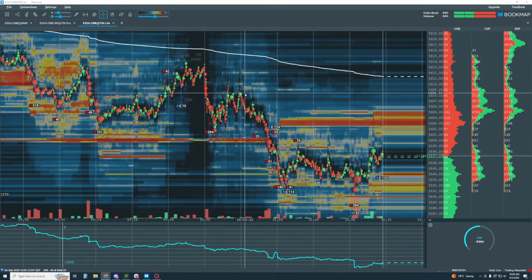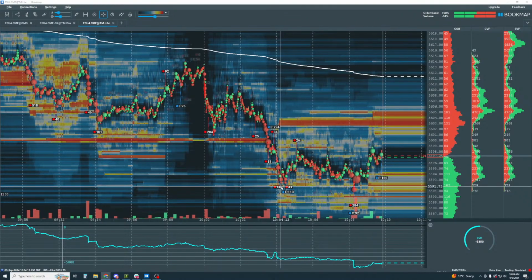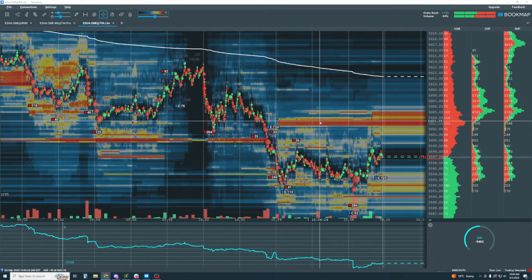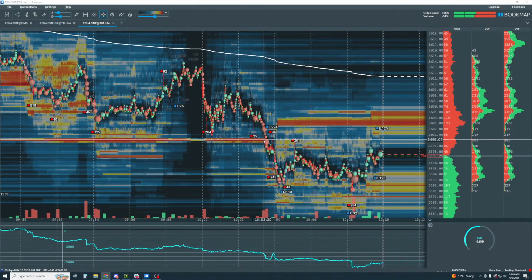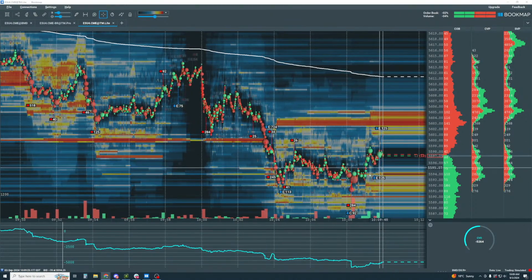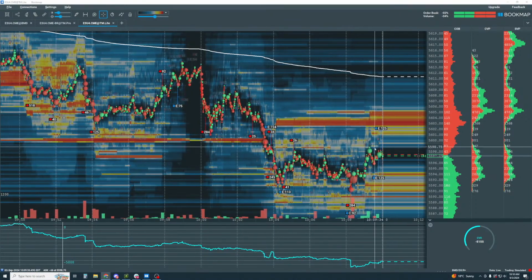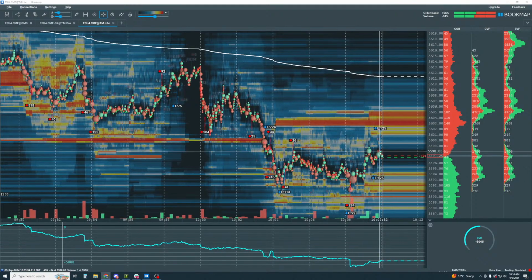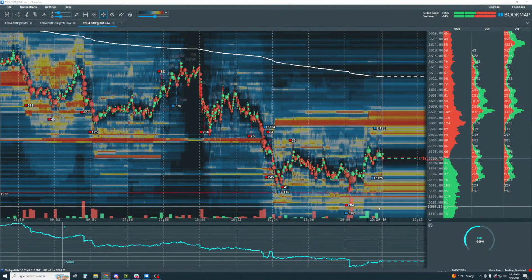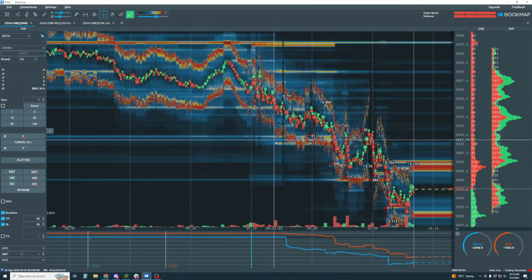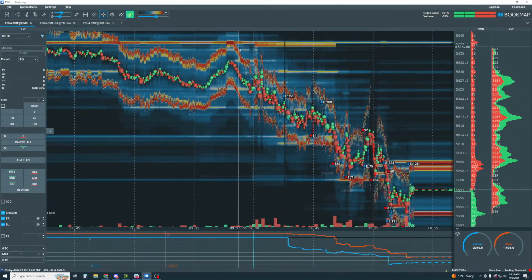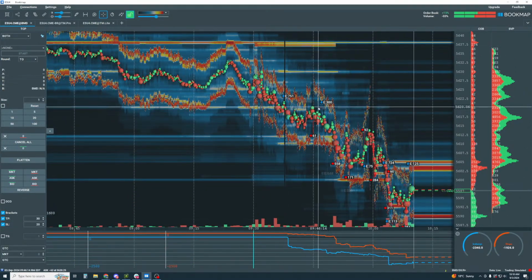Leg 1, pullback. Leg 2. High liquidity on the bid here. We've gone through the figure here at 5,600, and probably have a lot of people going short. Well, let's see if we can get a squeeze going to the upside here. Anyway, let's zoom out.